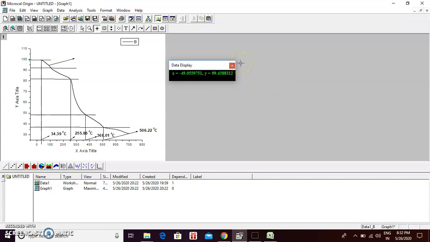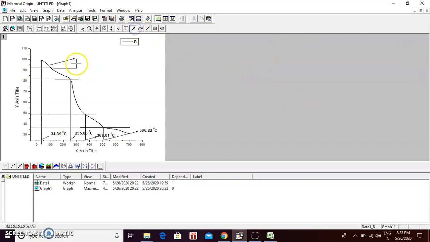So if you deduct 91.8 from 99.44, you will get 7.64 percent.